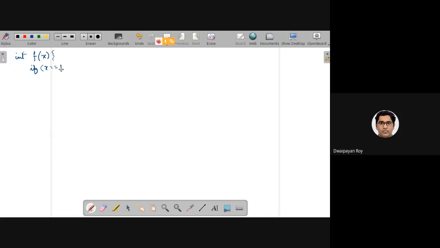I am considering only positive numbers. I am not checking the non-positive or zero parameters. So if x equals 1, return 1. Else,